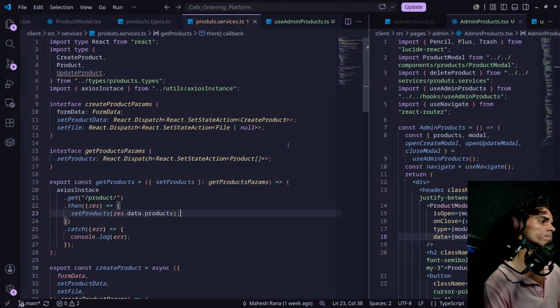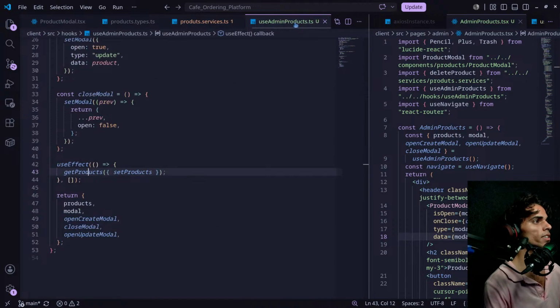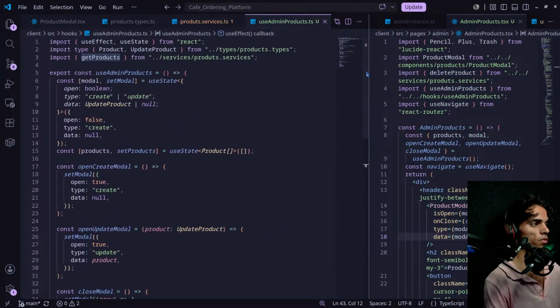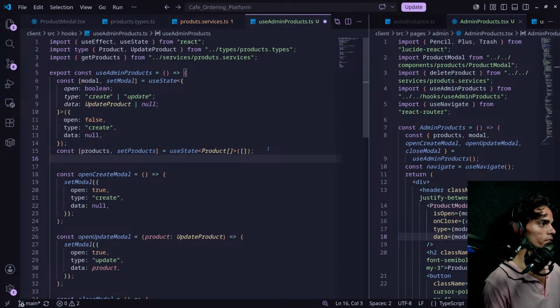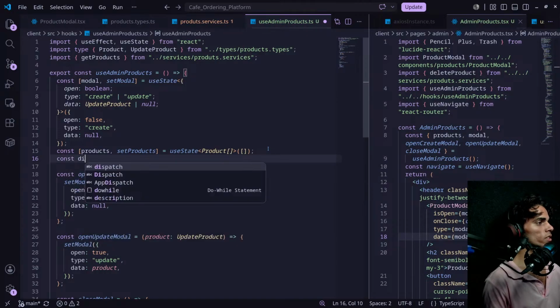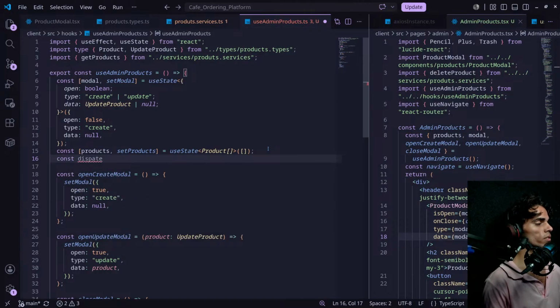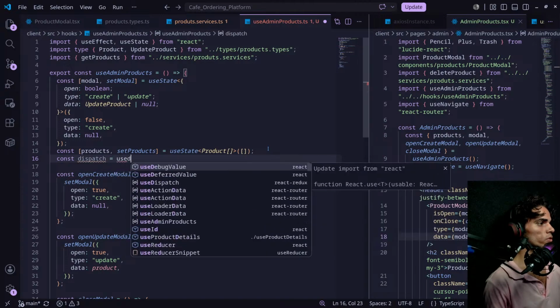So what you can do, keep this as it is, and inside use admin for now. I know this is not the correct way to do it, but for now we'll go with this approach, and later we'll optimize it and use a better approach, but for now just make it work. Okay, so what you'll do, const dispatch will be equal to use dispatch,